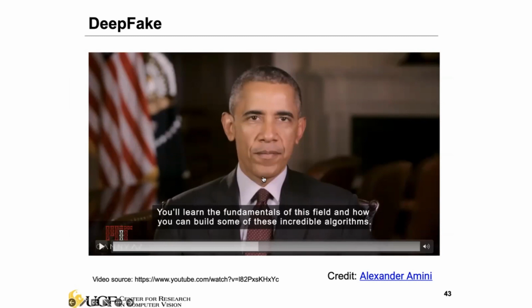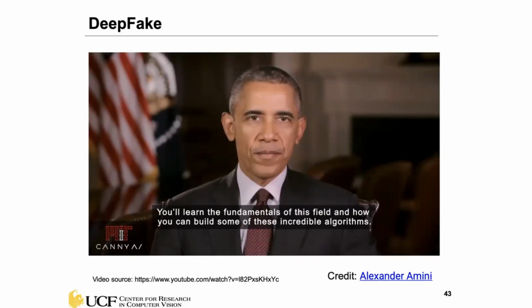But if you look at details, some of the lip movement is actually very realistic, right? The sentence is in sync with the lip movement, right? Without the audio information, you may feel like this is a real video, but for the audio information, definitely there's some inconsistency. We can tell that at least the audio has been fabricated.